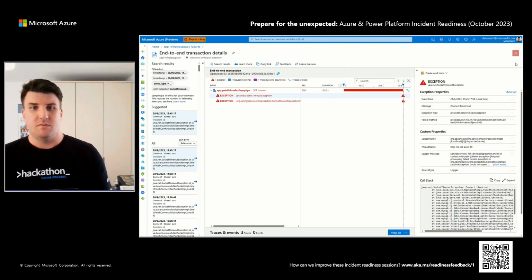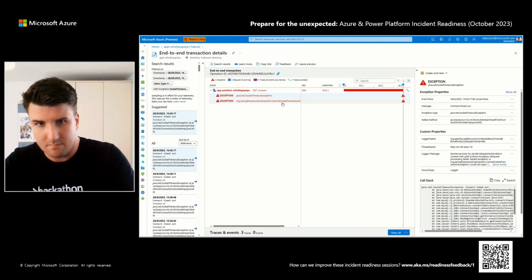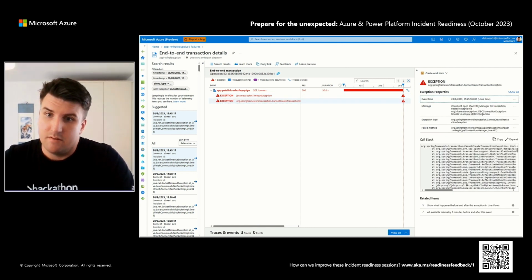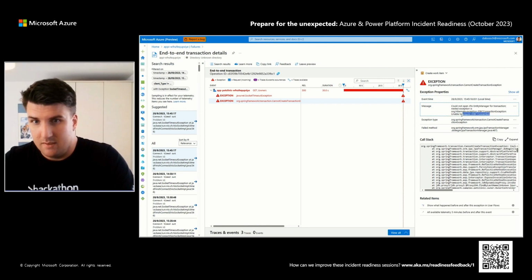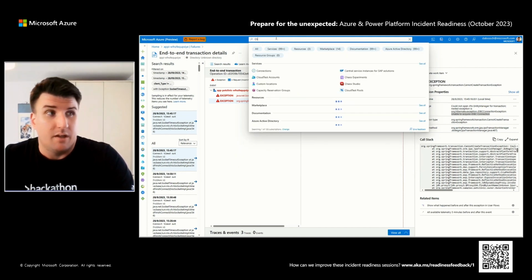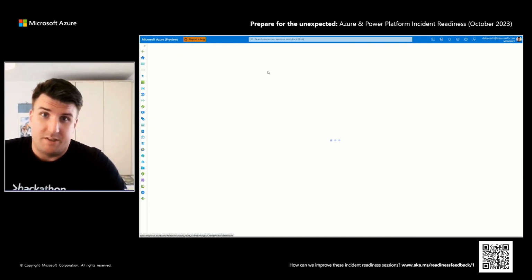In this case, Java's default connection timed out message has occurred. If we load this up, we can see the exact connection failure that has occurred. In this particular case, it's unable to establish a database connection. Now, there's many reasons that something like this can go wrong. It could be an incident on the platform, or the most common cause of failures